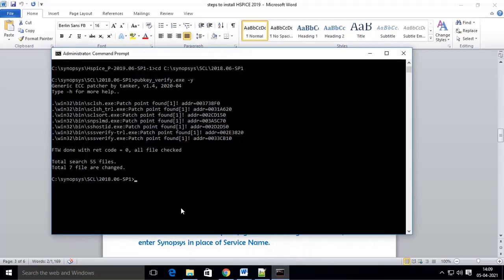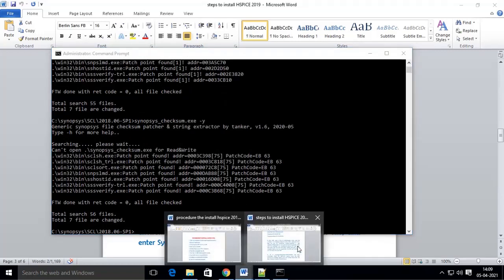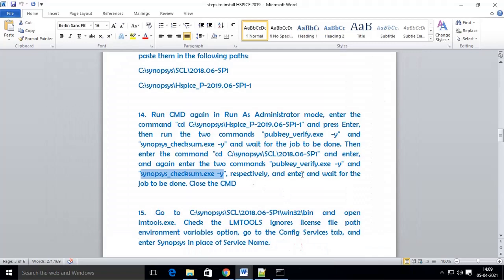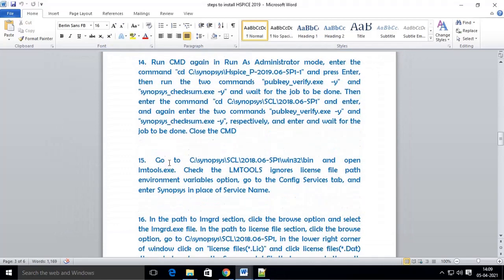Run the other command, run the other file also. So all the 4 files have executed in command. So close that command.